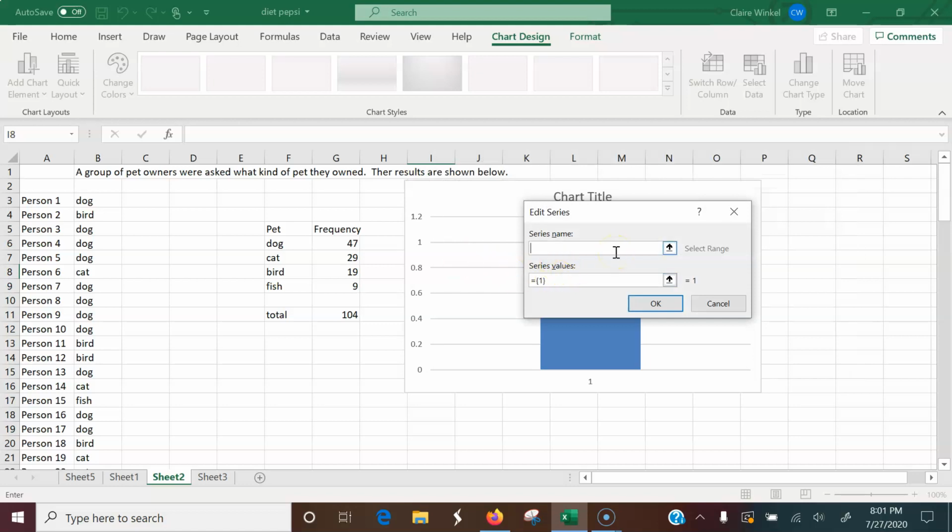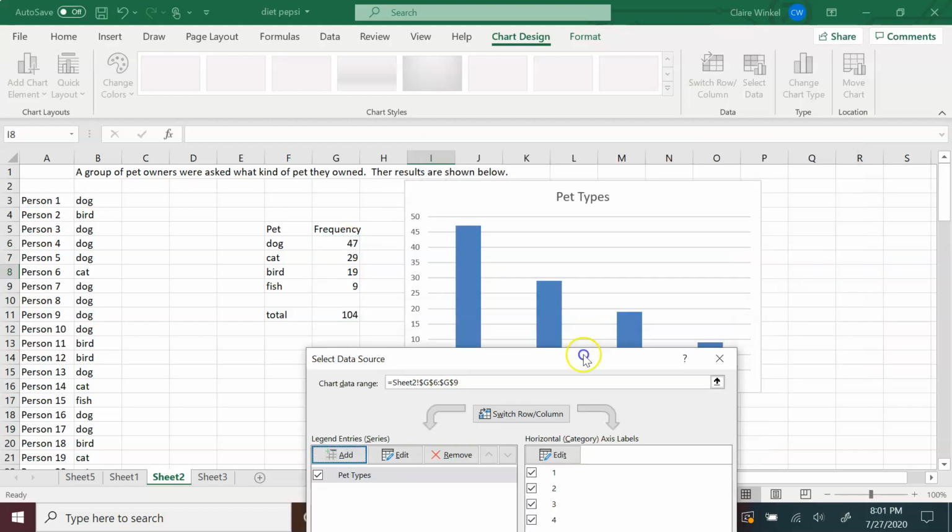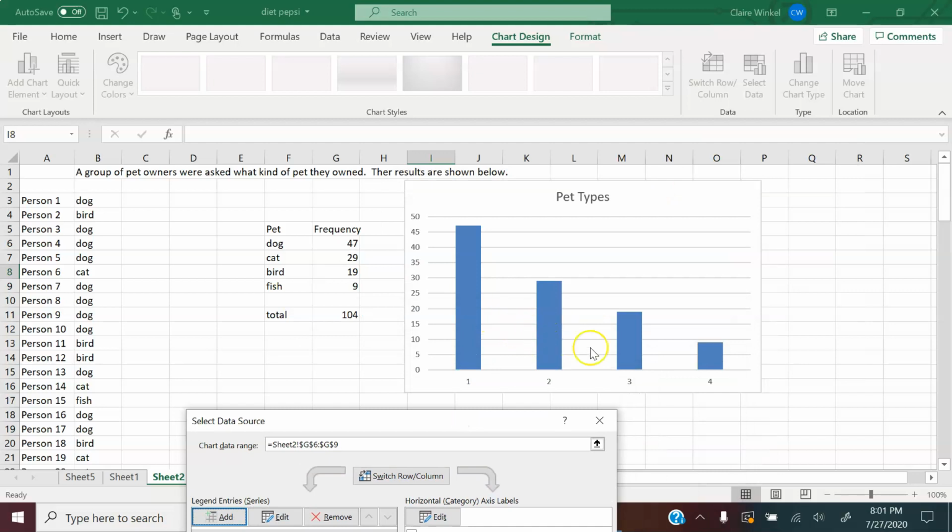Series name is the name of the bar graph, so I'm going to call this Pet Types. And for series values, Excel puts in the =1 so that something is there, but we want to get rid of that. And I'm making this bar graph just with frequencies, so I'm going to highlight the frequencies. Click OK, and now you can see you've got a bar graph with different frequencies for 1, 2, 3, 4